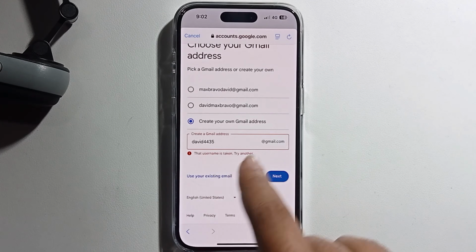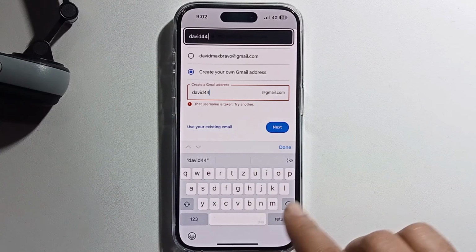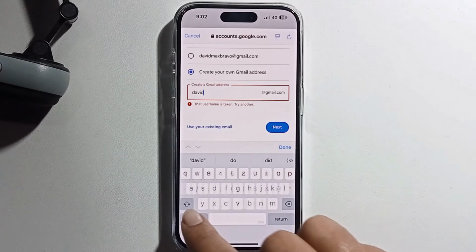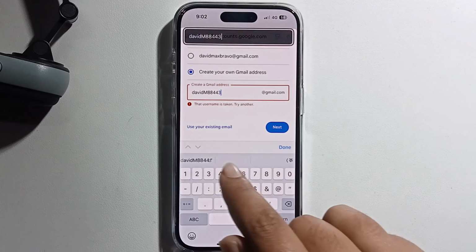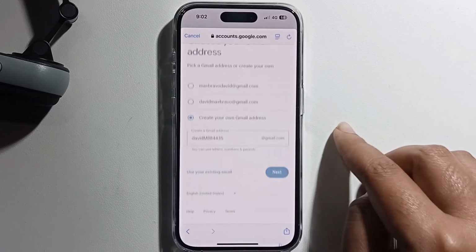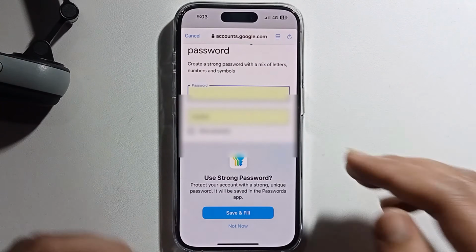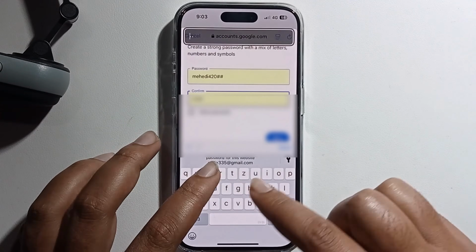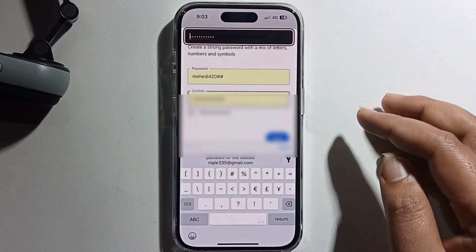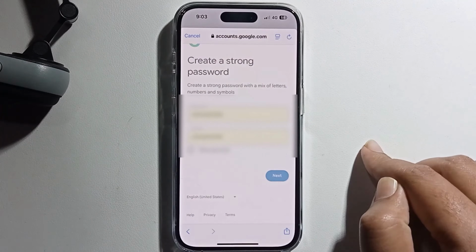That username is taken, so select a different one, click on next. Okay, enter your password. Okay, enter the same password, press next